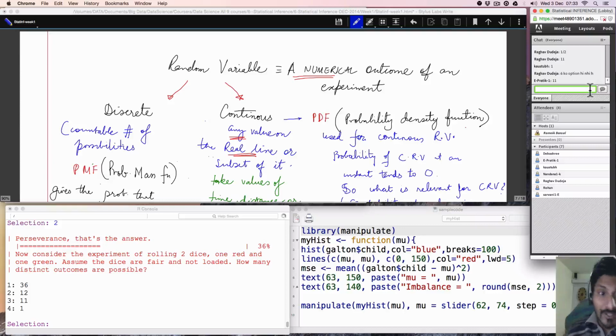Let's come back to our definition. Lavita, what's your answer? 36. Okay. What did we say? Outcomes are all possible outcomes, what happened, not necessarily what we created out of it. What is 11? 11 is the sum of those outcomes. I'm saying the sum of the numbers shown by the outcomes gives me 11. Do you see the difference?